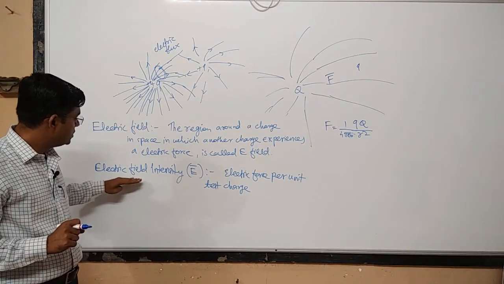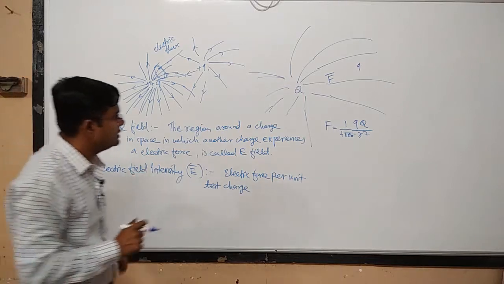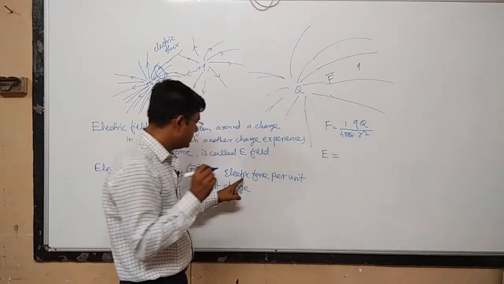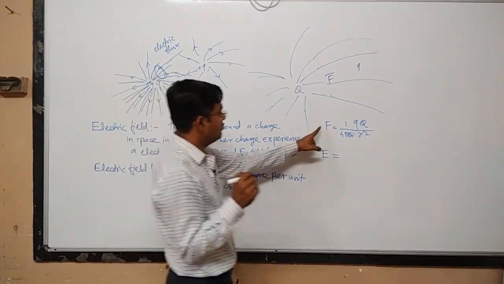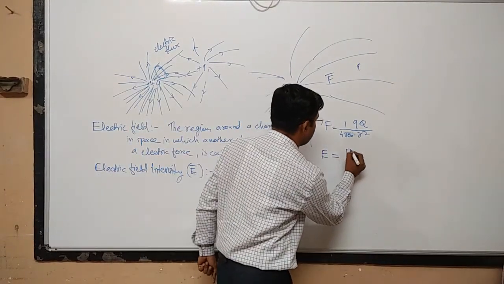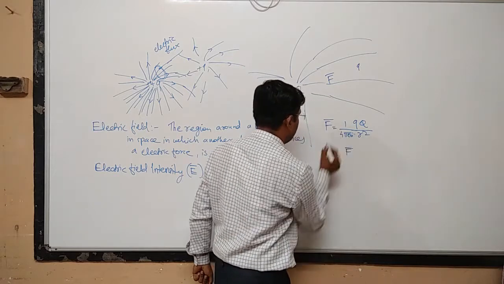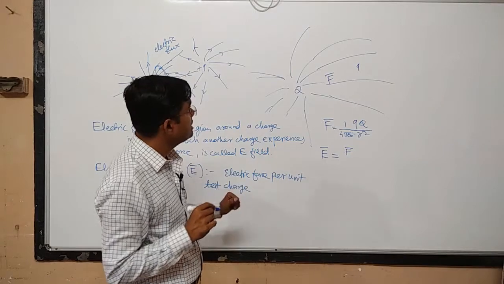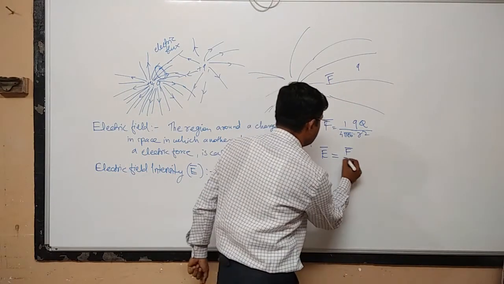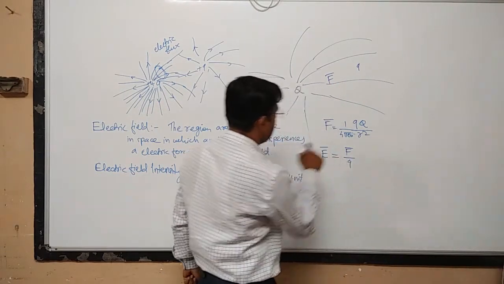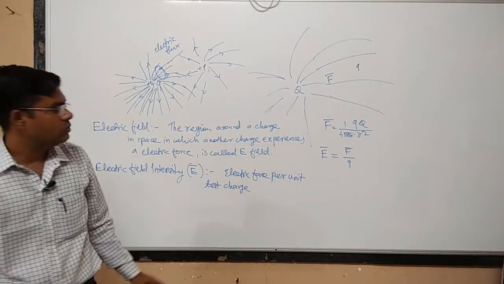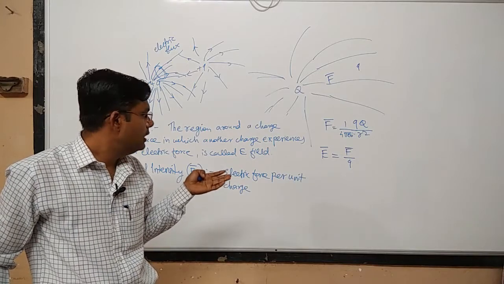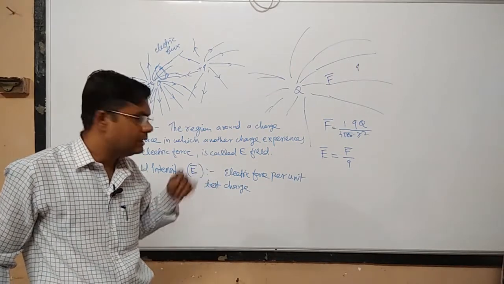Now what we are looking at is the definition of electric field intensity. What is this electric field intensity? It is the electric force per unit test charge. The electric force is denoted by capital F. It is vector F. Remember, this is also a vector. So it is the force per unit test charge. What is the amount of test charge? It is q. So E is equal to F divided by q. This is the formula for electric field intensity, or intensity of electric field.